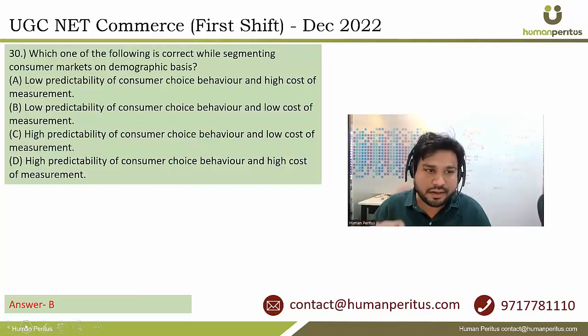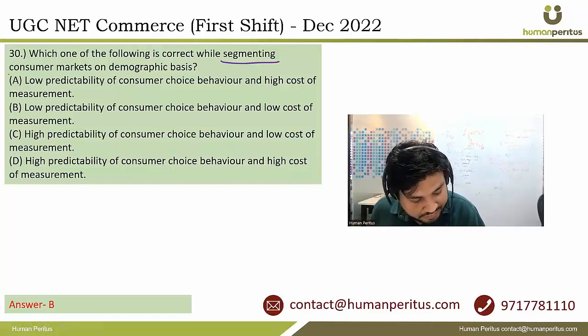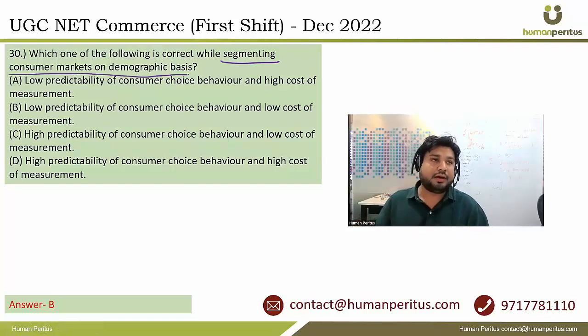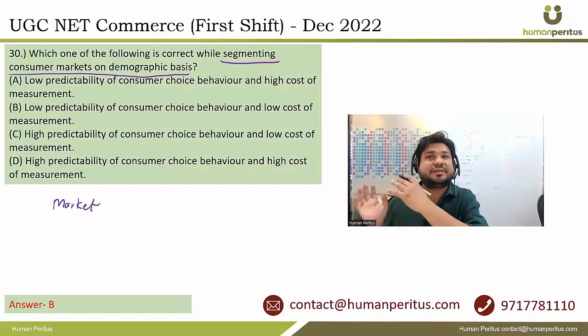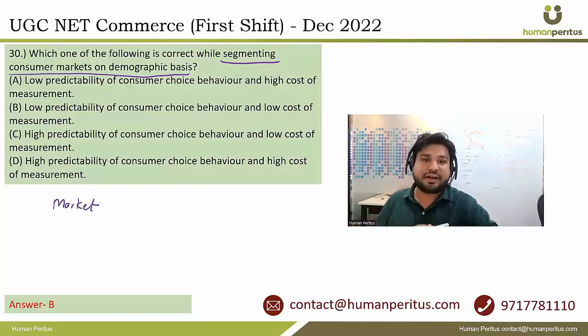नेक्स्ट इज विच वन ऑफ द फॉलोइंग इज करेक्ट व्हाइल सेगमेंटिंग कंज्यूमर मार्केट ऑन डेमोग्राफिक बेसिस। काफी अच्छा क्वेश्चन है, ये बिल्कुल बताता है कि यूजीसी नेट ने कॉन्सेप्चुअल चीजें पूछना शुरू कर दिया है। ठीक है। जैसे मार्केट सेगमेंटेशन का मतलब क्या होता है कि आपने मार्केट को कुछ पैरामीटर्स के बेस में सेगमेंट कर दिया, राइट, डिवाइड कर दिया। तो आप डेमोग्राफिक कर सकते हो, साइकोग्राफिक कर सकते हो, बिहेवियरल सेगमेंटेशन कर सकते हो,